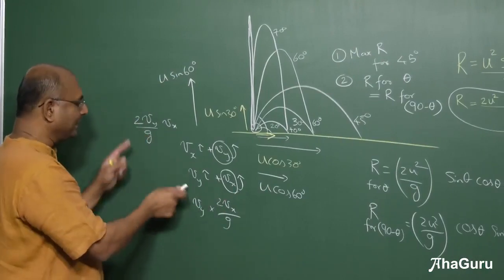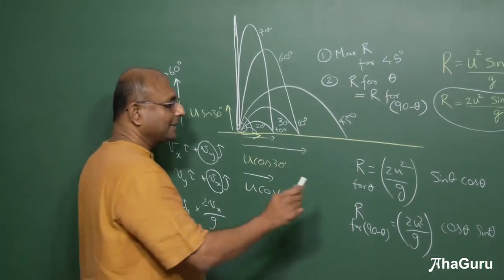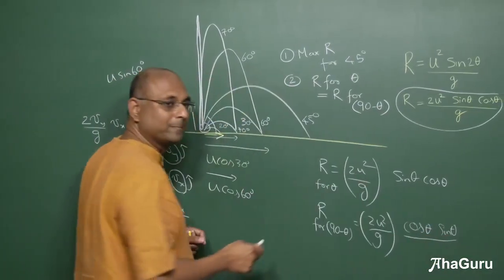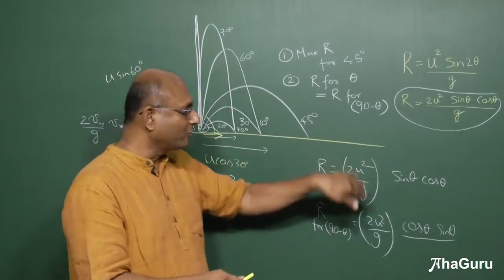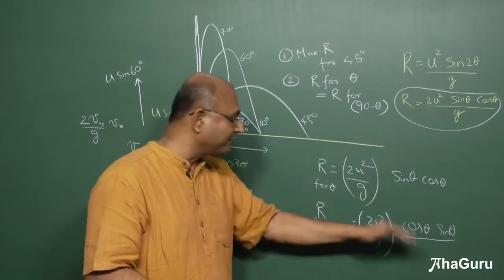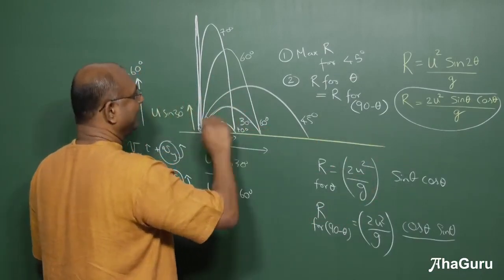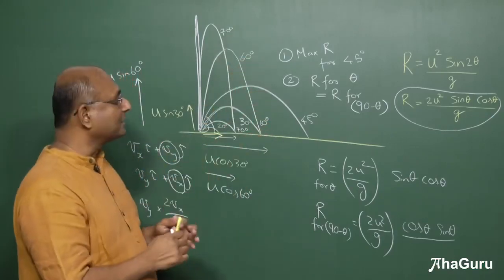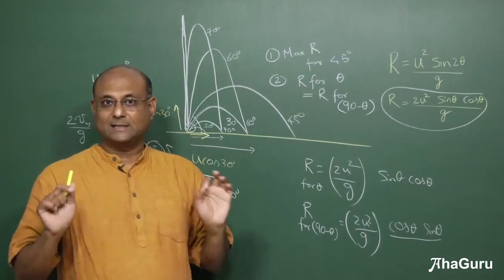So if you see, basically you have Vx, Vy, which is the product, and so the product is the only thing that matters. Like you see here, sin theta cos theta. So it is u sin theta into u cos theta. So instead of u sin theta, now you have u cos theta, and instead of u cos theta, you have u sin theta. That is the difference. So very important. This fellow's range and that one's range, they are both equal if the angles are complementary, theta and 90 minus theta. Is that clear?